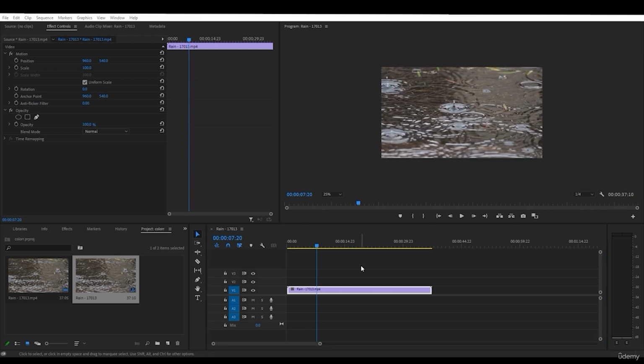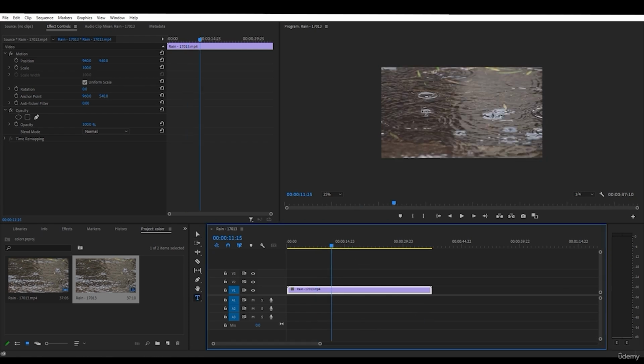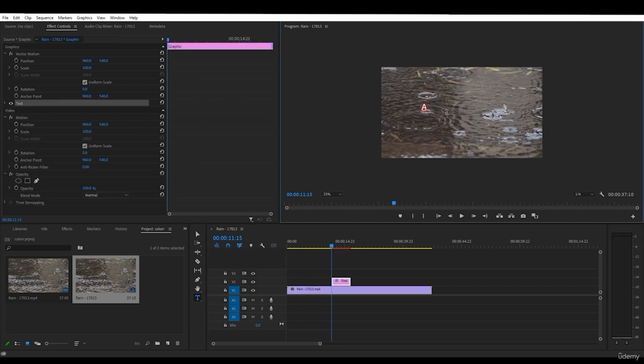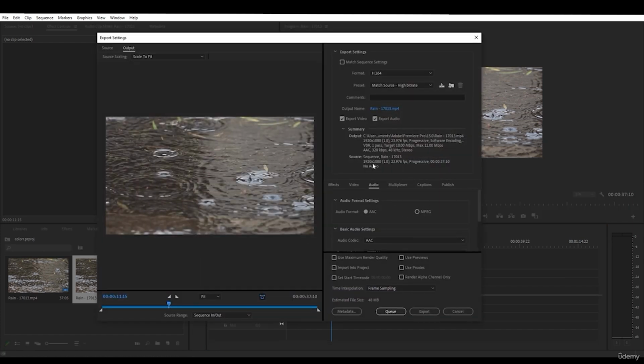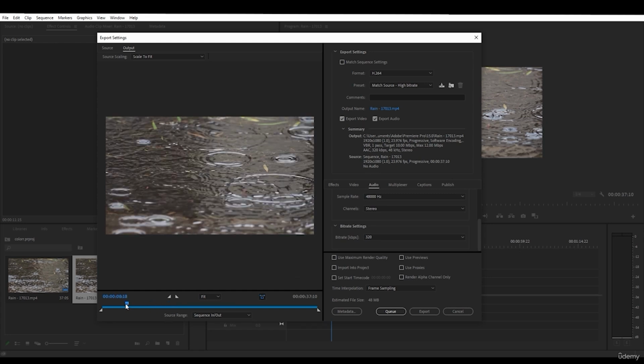Now for the next shortcut, press T on your keyboard. This will automatically select titles and you can create some titles. And then the next thing is Ctrl S to save your project, and then Ctrl M to export your video to create a render of it like this. So I have explained every single thing in this